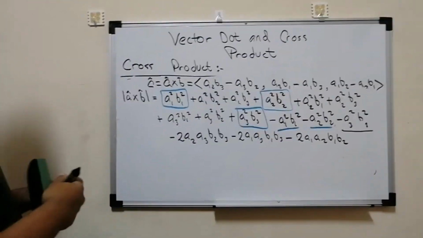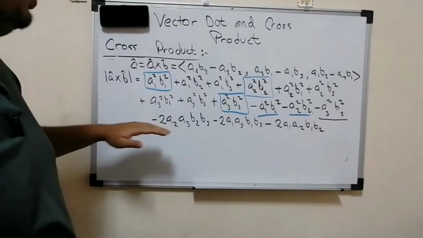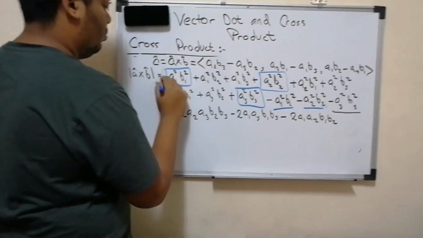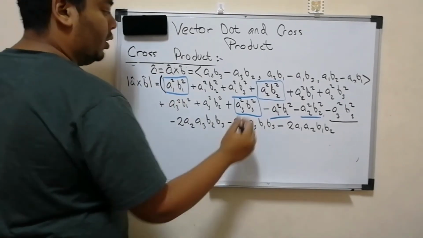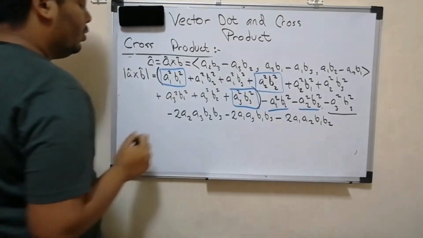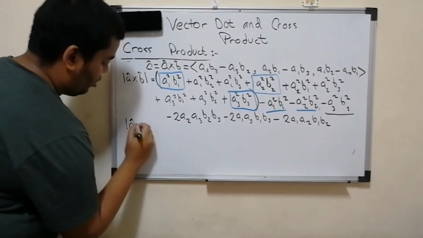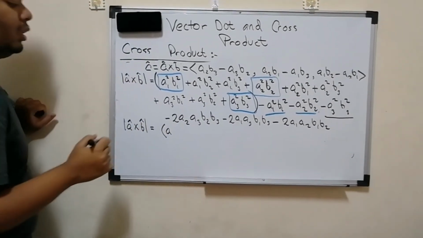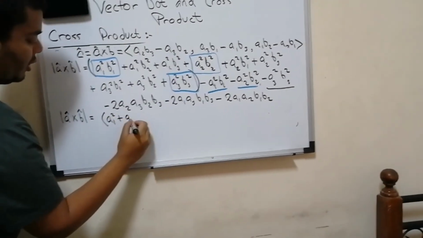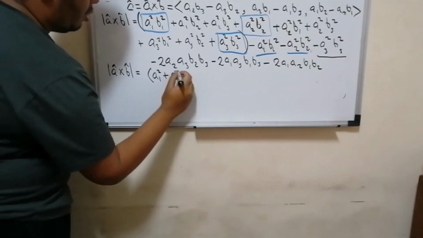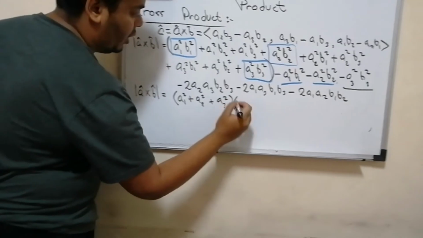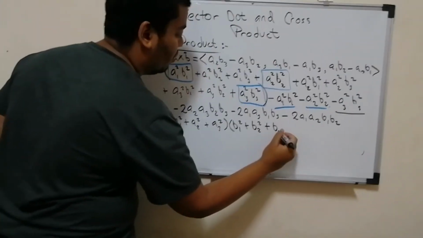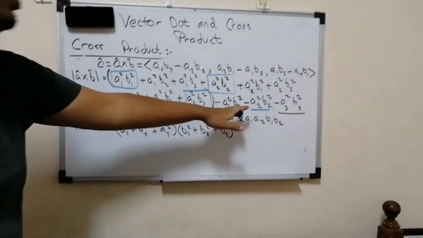So what was the benefit? The benefit was, if you notice, from here till here, this is nothing but a1 squared plus a2 squared plus a3 squared, into b1 squared plus b2 squared plus b3 squared, and the remaining part is actually